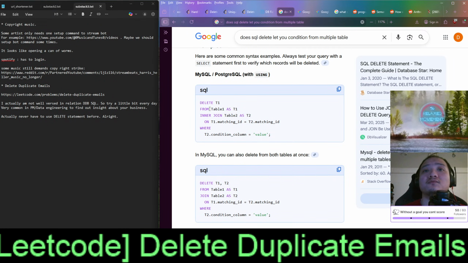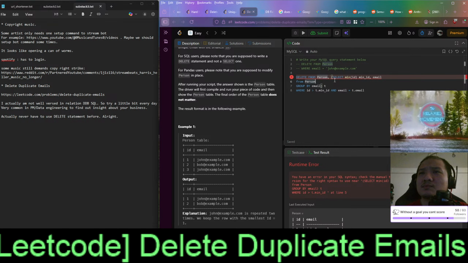Okay, so you have to do from inner join. Wait, what? So this query, if it executes, it gave you the minimum ID with the email, right? As you can see here, I think.